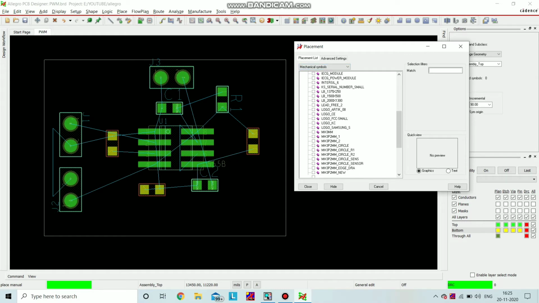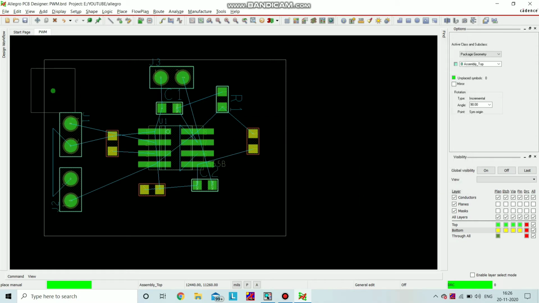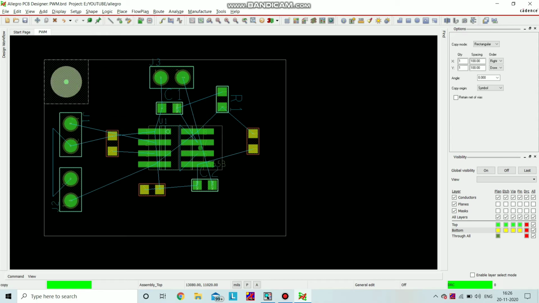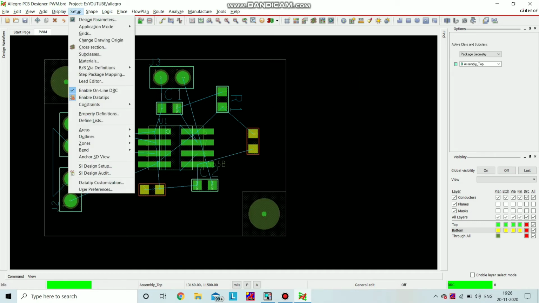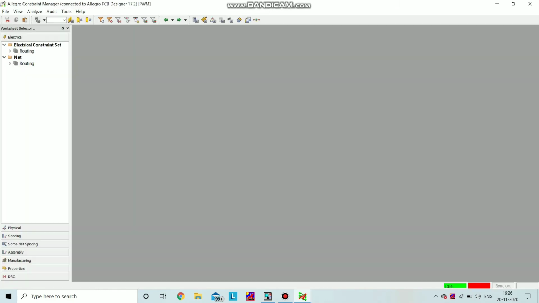I am selecting MTG 125. This MTG 125 mounting hole is already available in the mechanical symbols in the Cadence software. You can select this and place it in any corner. We are using this mounting hole MTG 125 for connecting the screw.